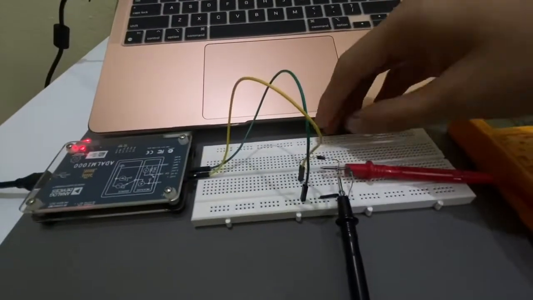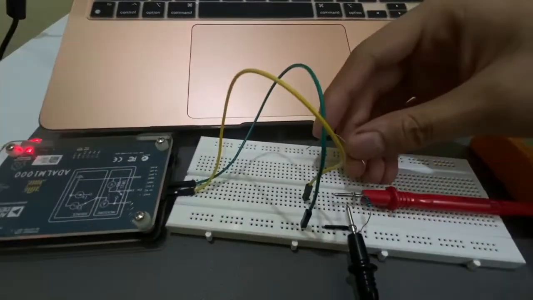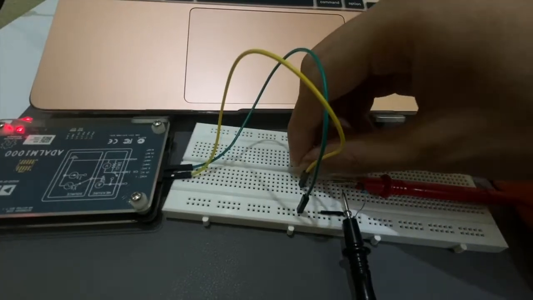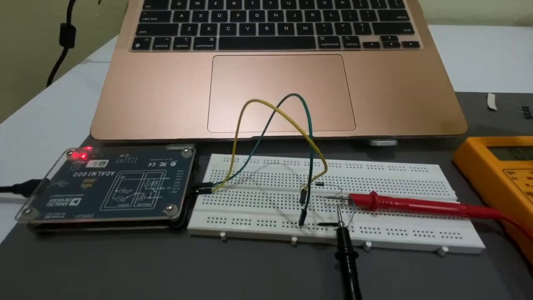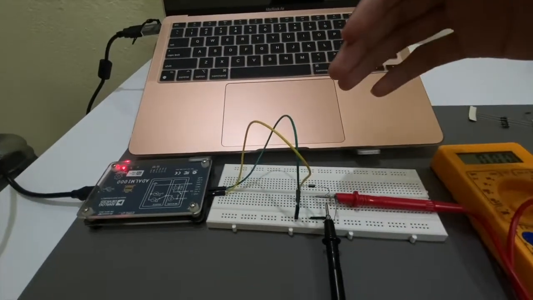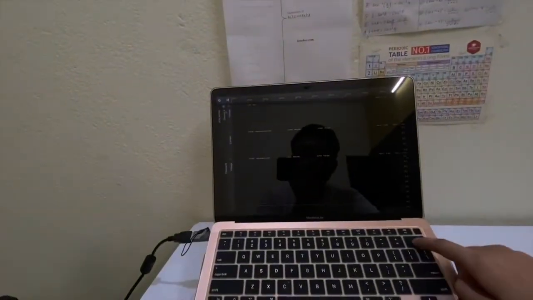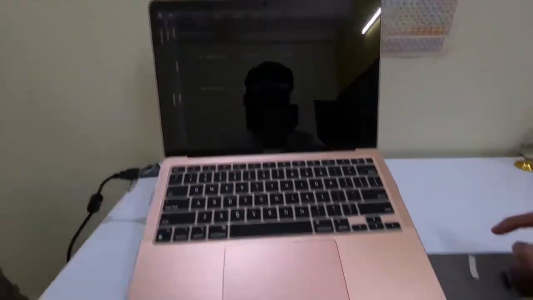Now let's reverse this diode. When we reverse it, the diode will act like no current flows through it, and this condition is called reverse bias condition. In reverse bias condition, we can apply any amount of input voltage, but there is no current flow through the diode. As you can see, I am applying 1 volt of input voltage, but there is no current flowing across